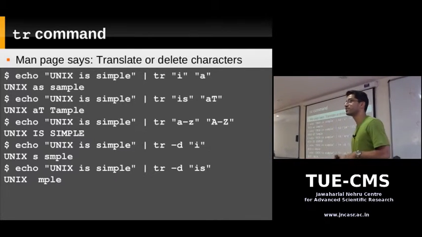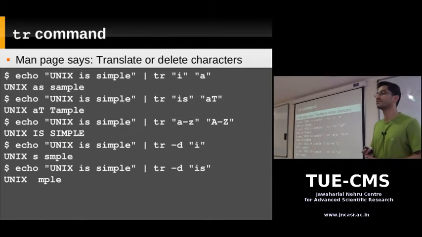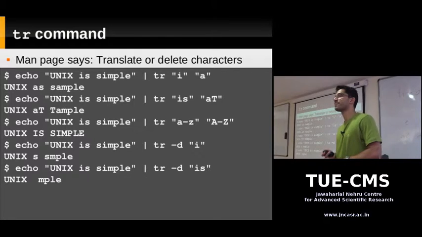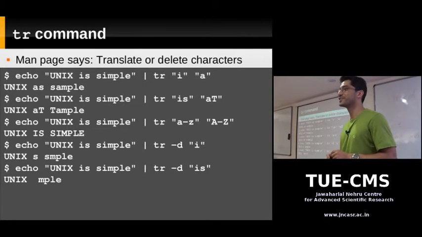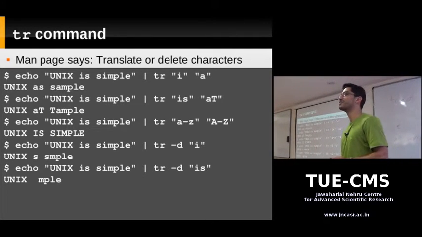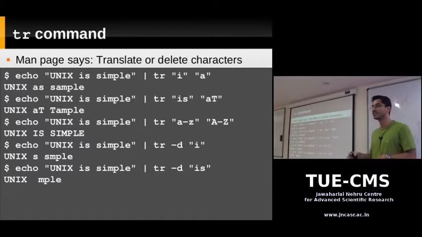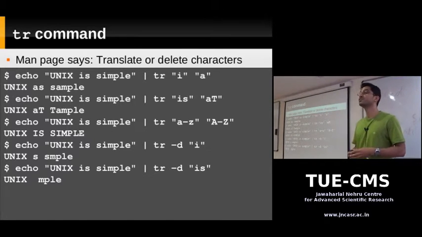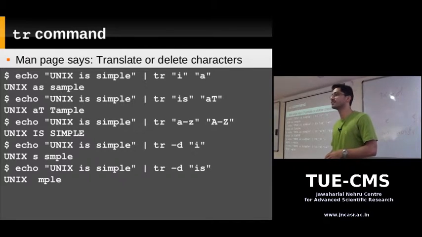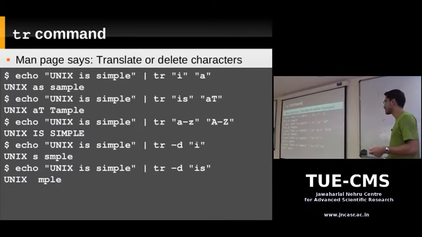tr is a command, it's not a built-in. So you should either do man tr or tr --help. Trap? Okay, trap is a shell built-in. It's for trapping signals, for catching signals that you send to a script. Earlier I told you that when you terminate a command, it sends a signal. So you can send a signal to a script also, and you can tell the script to do something specific when it sees a signal. So that's when you set a trap. You trap a signal, you catch it, and then you do something.